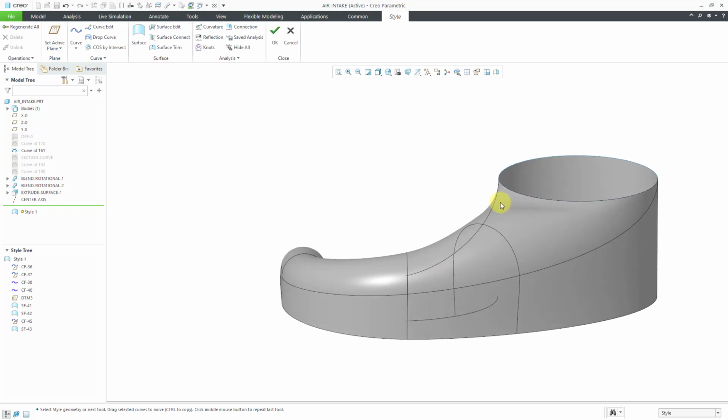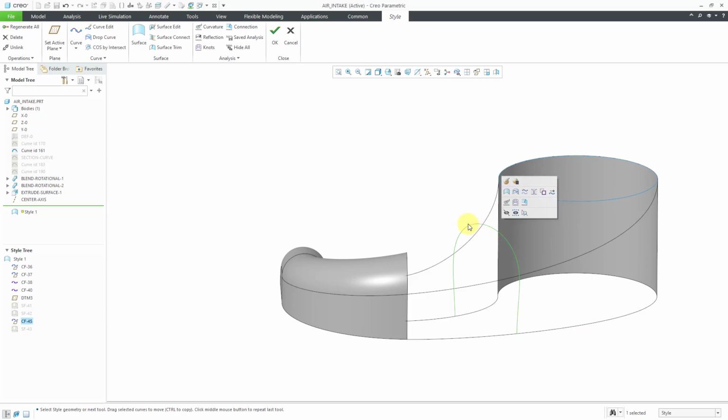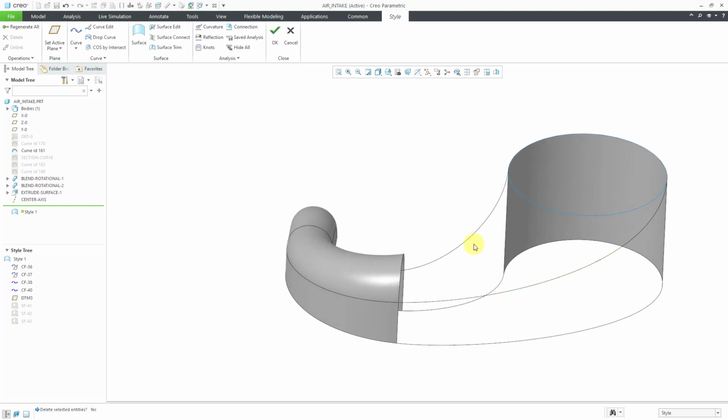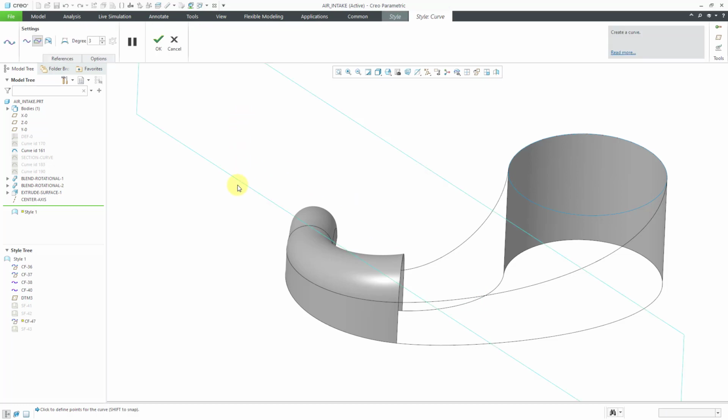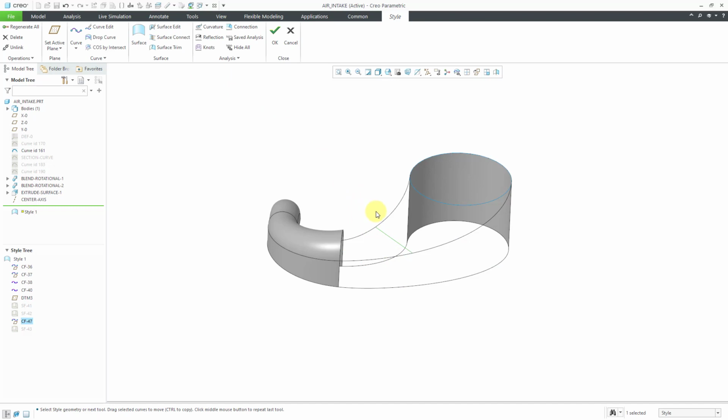And let's go back and hide some of these different surfaces. And I'm going to get rid of this particular curve. Let's delete it. And now I'm going to create a curve just between these two, so I don't have to alter the side surfaces. So again, we will create a curve, and it's going to be a planar curve. You can see the outline. I'll do the shift, grab a point, shift, grab a point, hit the check mark,